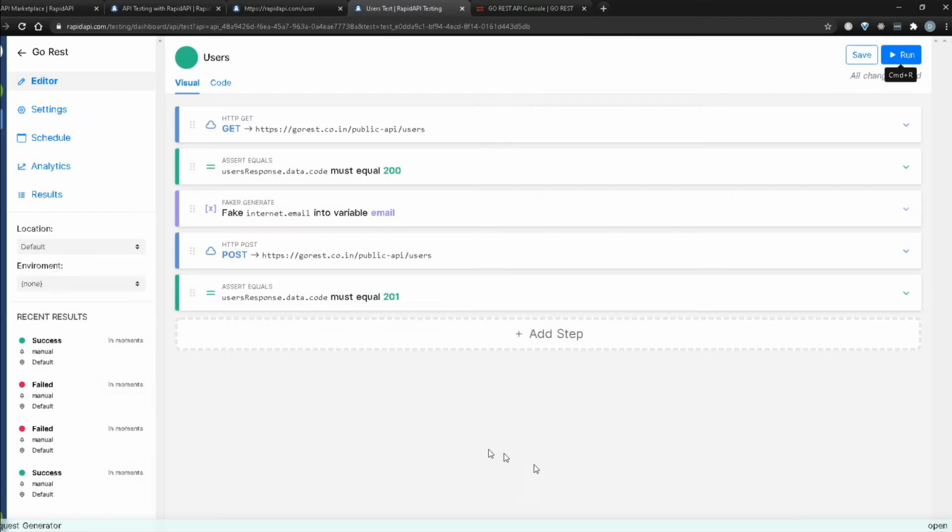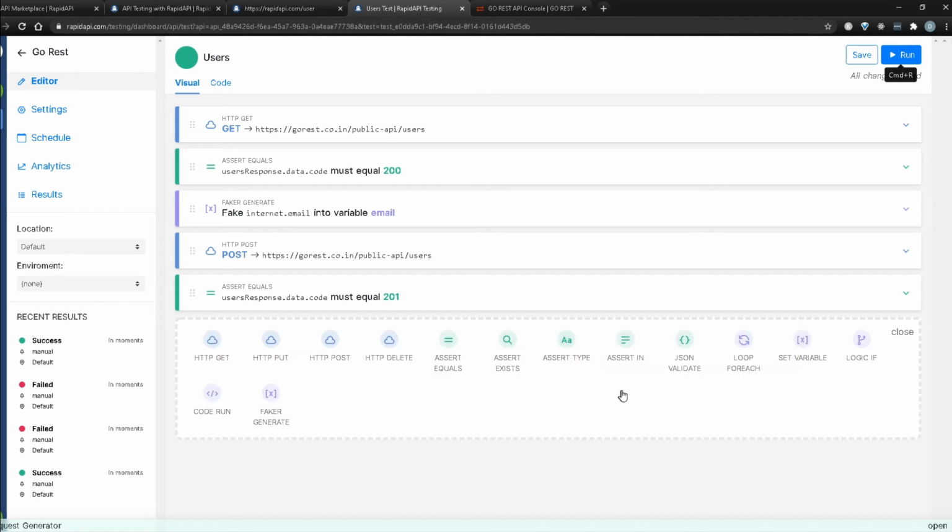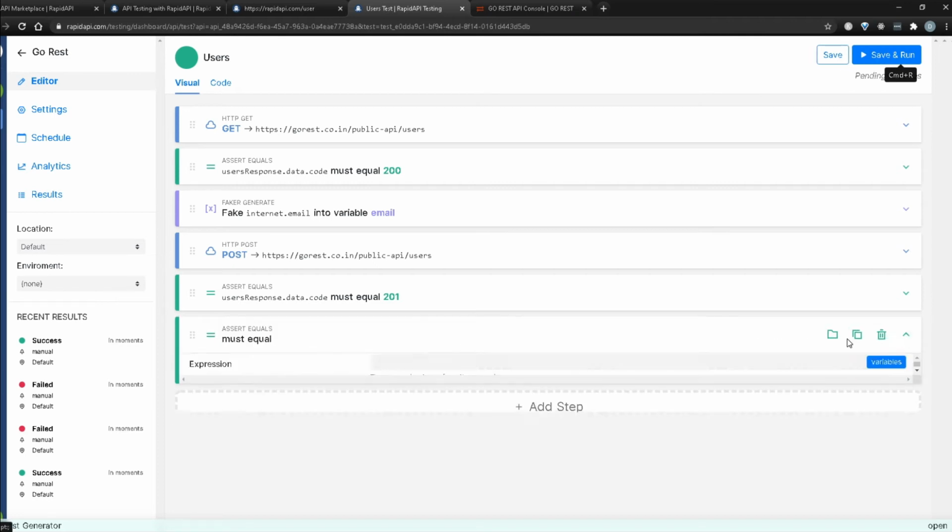So I'm going to click on OK over here again. And this time I'm also going to verify that the variable email I'm sending is being returned back. What I mean by that is I'm going to create a new assertion here. I'm going to do assert equals.